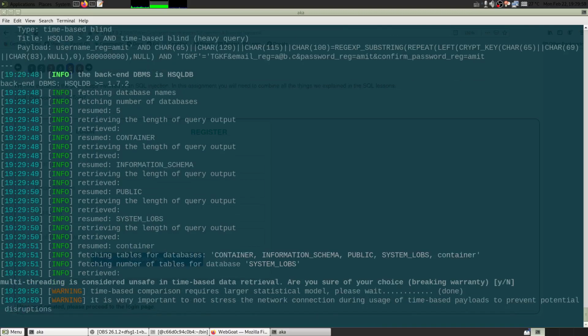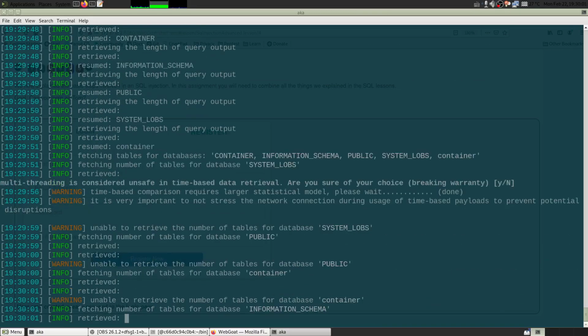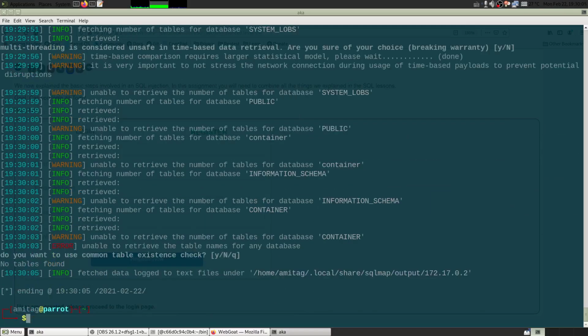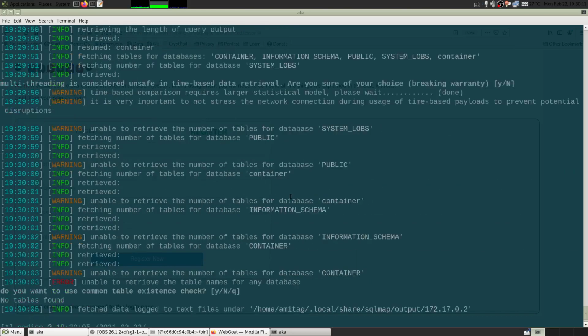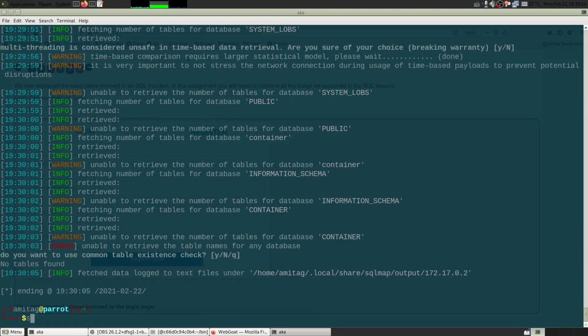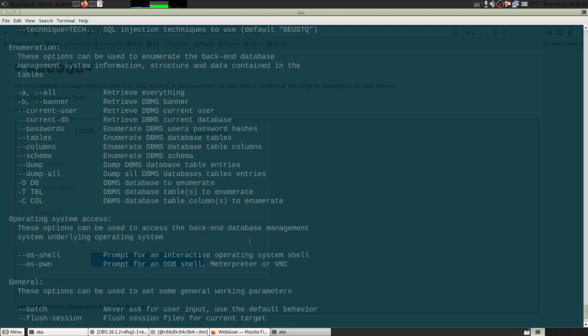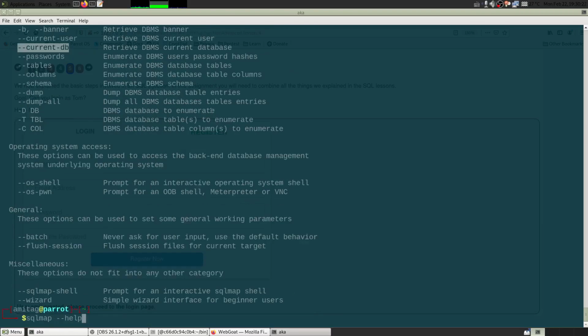Again, it asks me whether I should use something or not, and I have just pressed enter. Again, I'll press enter and okay. sqlmap --help. Let's get the current DB and see what the current DB name is and use that.